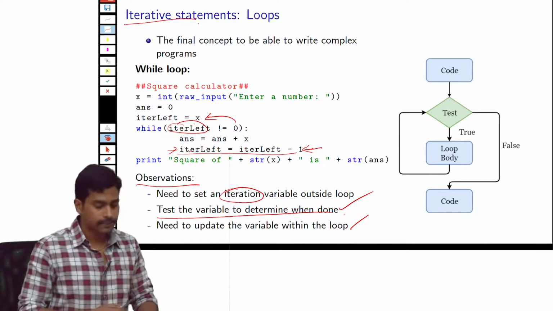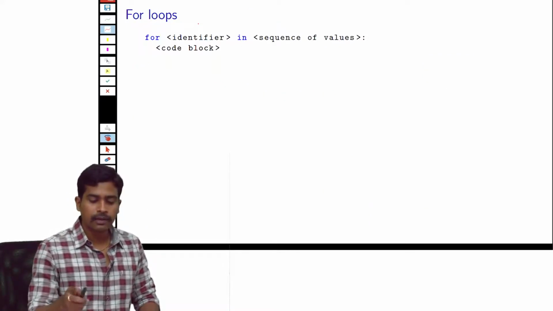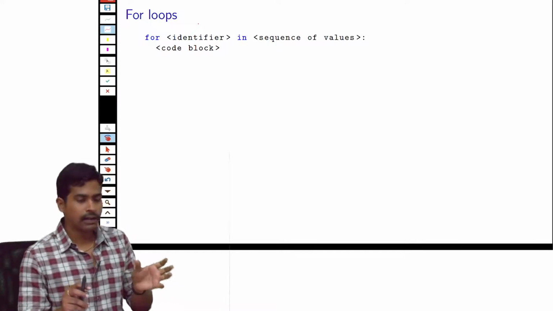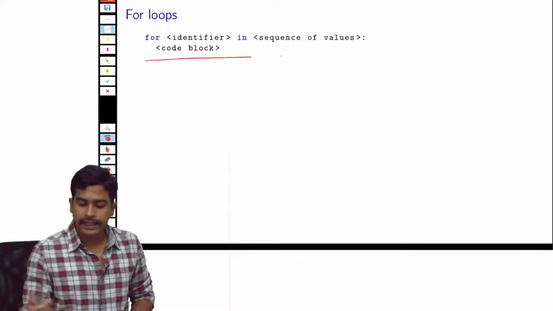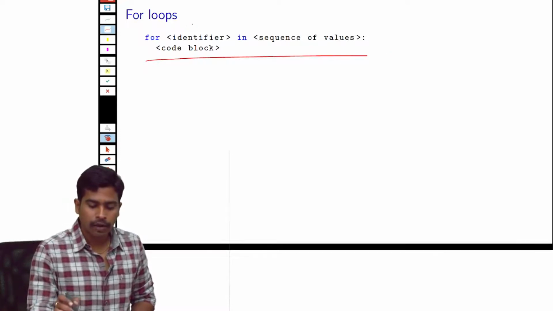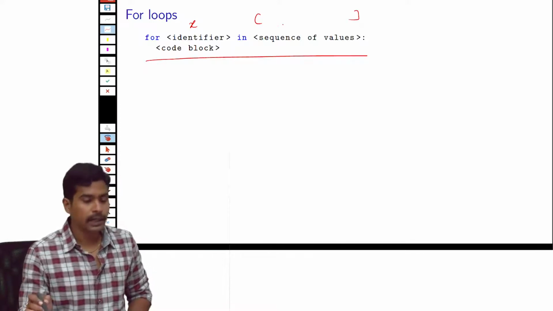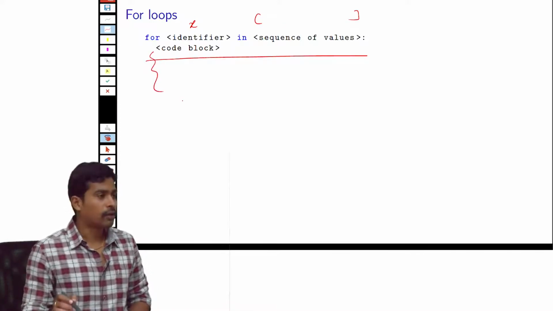The next type of iterative statement is a for loop. For loop is a little different from while, and this is the syntax for using a for loop. For loop followed by some variable name, and this should be in a series of sequences, and a block of code followed by that.